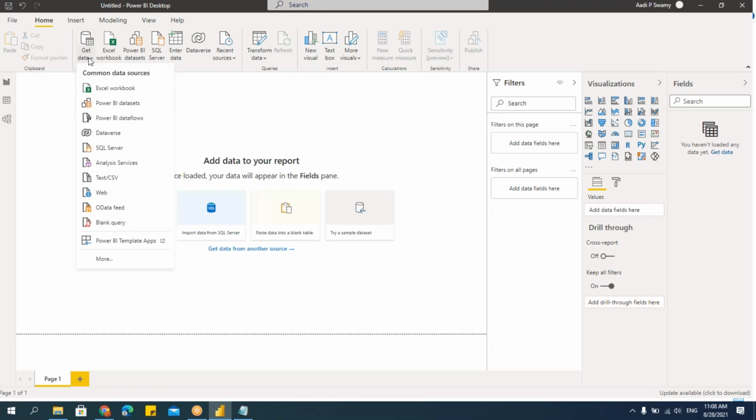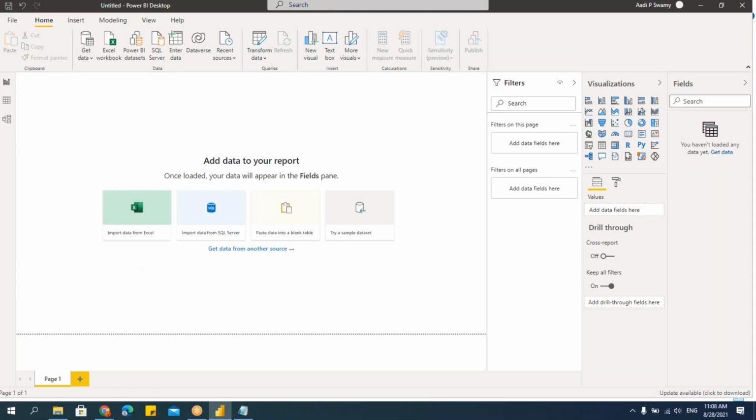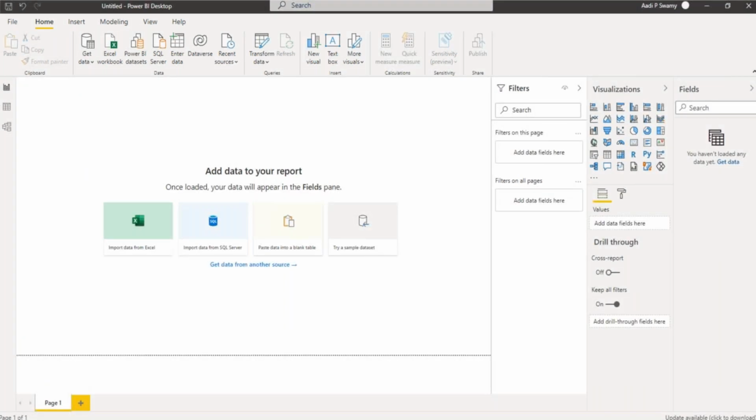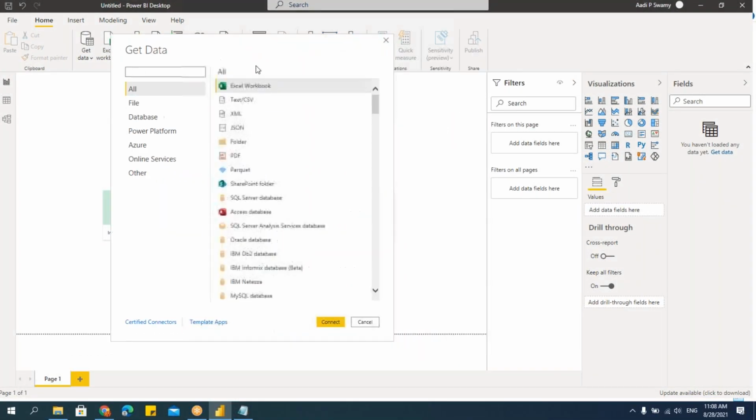The common ones will be in the list in the beginning. You can see that I have this Excel workbook, then we have the SQL Server, then text file, web, things like this. If the kind of data source which I'm importing is not available, then I'll get one window where I can find more data sources to import. See here, Get Data, it has been categorized. Most of them, even I have not heard about, but if you are working on any of the data sources mentioned here, just go there.